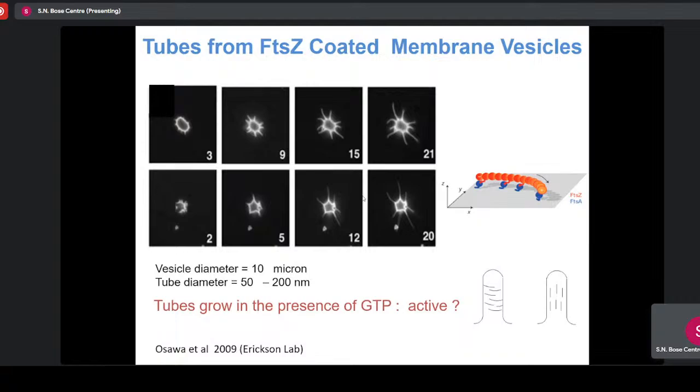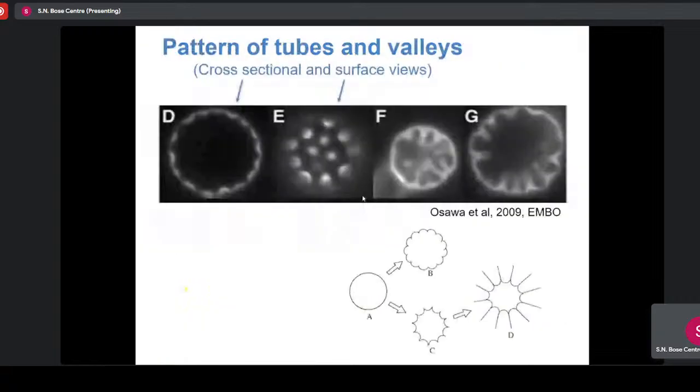So these are the scales. This is the vesicle diameter. Huh? Sorry, where? So these are in seconds. Yeah. So one important thing is that this phenomenon is driven by GTP, in the sense that if you do not keep on supplying these molecules in the medium, then these tubes will shrink. Yeah. 50 has more figures and 20 has less, and 21 is more positive. Okay. So these are different samples.